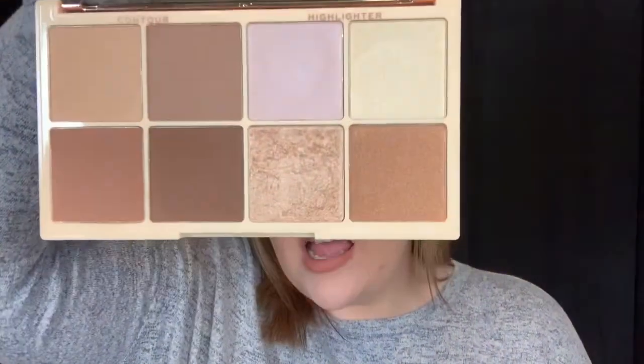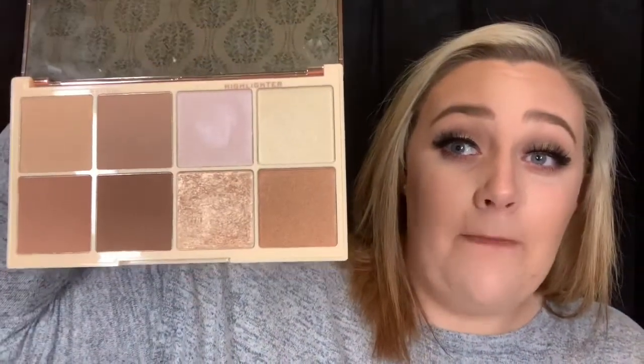They're beautiful. It kind of reminds me of the Kat Von D Shade and Light palette. Obviously, these don't have any light powders for under your eye and stuff, but it is beautiful. I love it so much, and them highlighters are amazing. So I really like it. I think this was £10, so even that's a steal, because the Shade and Light palette is like 38,